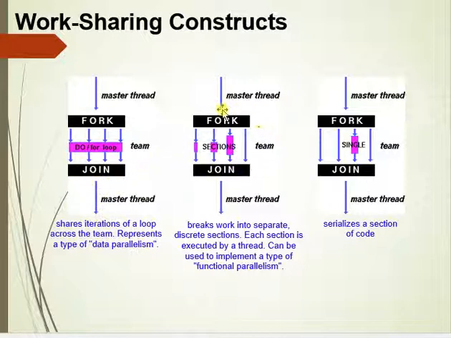This picture tells us that the master thread creates a number of threads by using a fork function, where the work is shared. Work is divided into sections, each section is executed by a thread, and finally they are joined and produce the result. Here, the master thread creates a number of threads by using the fork function, and we see a serialized section of code here.